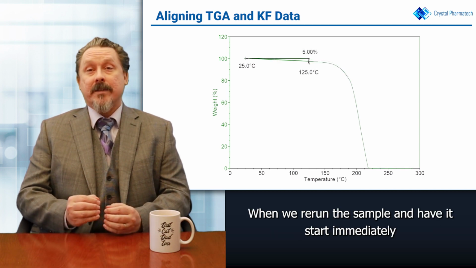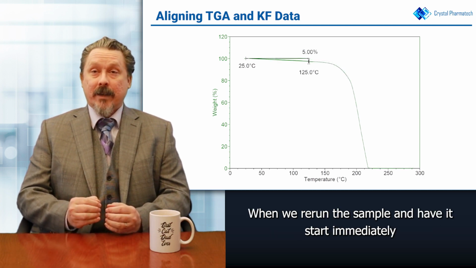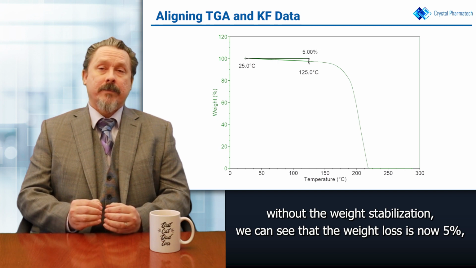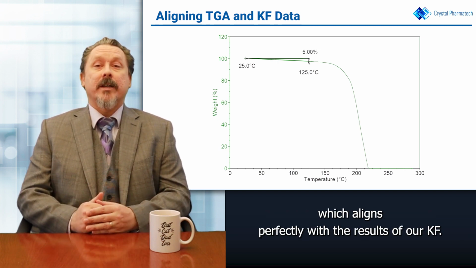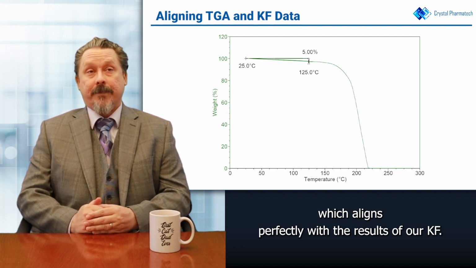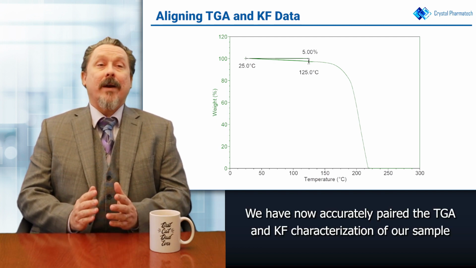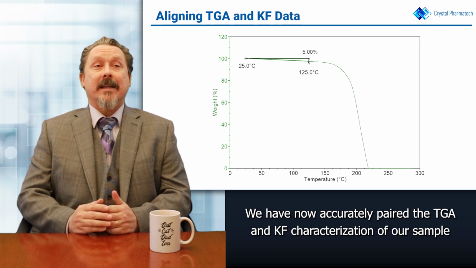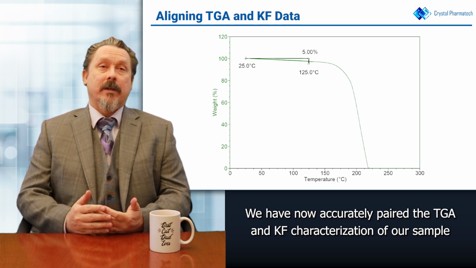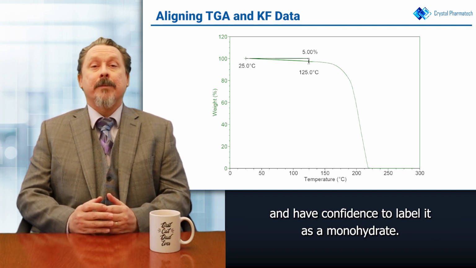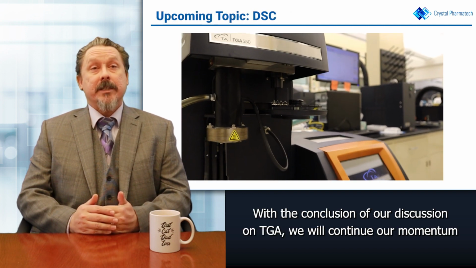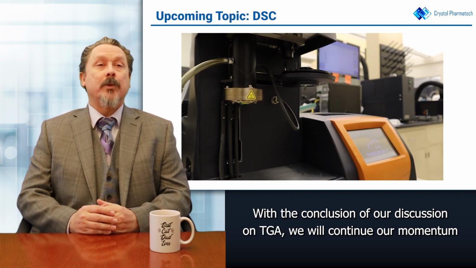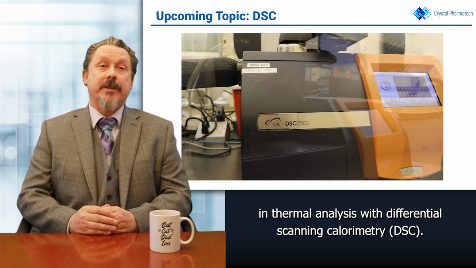When we rerun the sample and have it start immediately without the weight stabilization, we can see that the weight loss is now 5%, which aligns perfectly with the results of our KF. We have now accurately paired the TGA and KF characterization of our sample and have confidence to label it as a monohydrate. With the conclusion of our discussion on TGA, we will continue our momentum in thermal analysis with differential